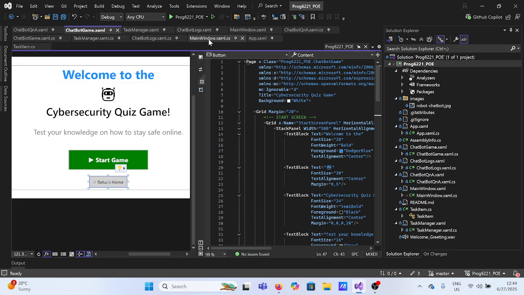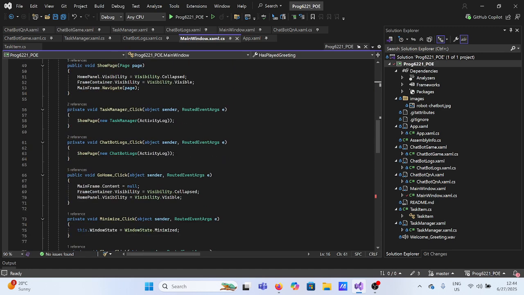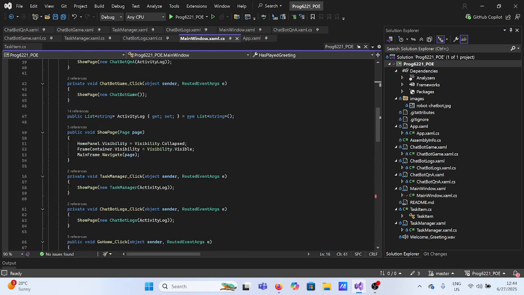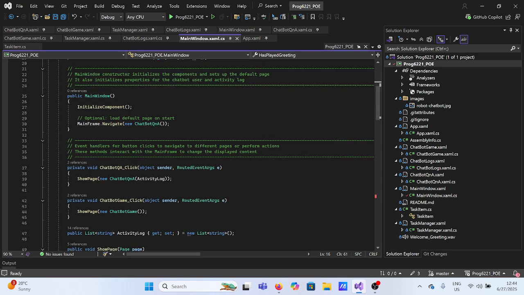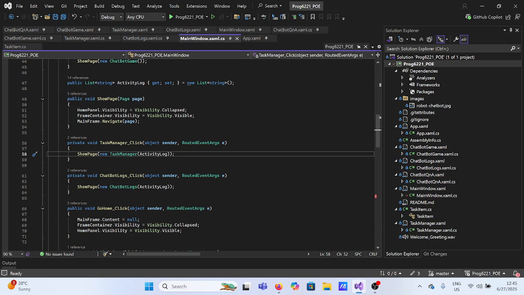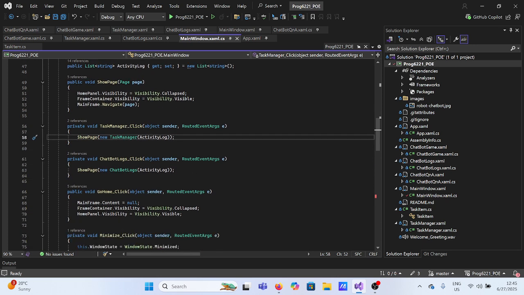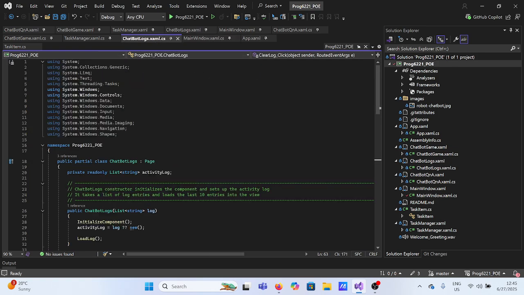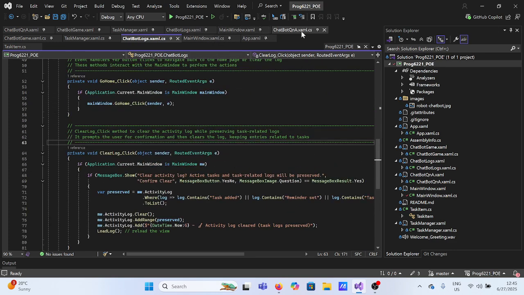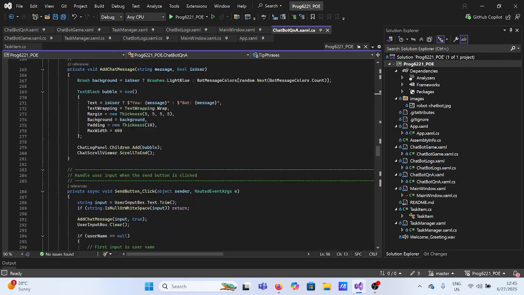So if we go back to the main window, we can see where this is stored. And that's stored over here. Task Manager, click. If we go to the chatbot itself, I'll show you where the code is for that, to clear logs. That's this one over here. So if we scroll down,